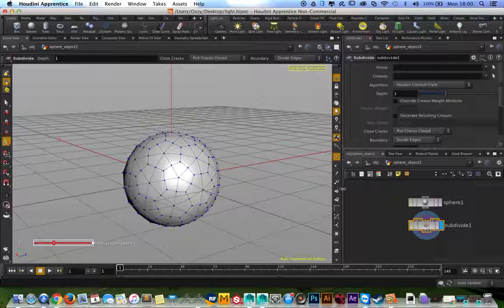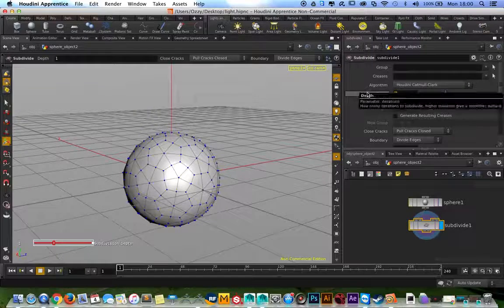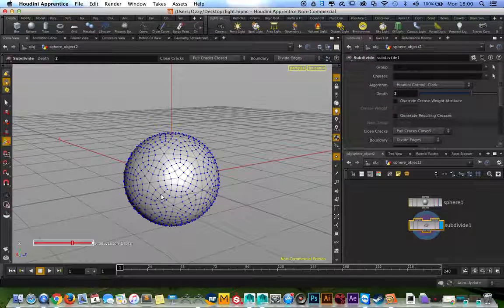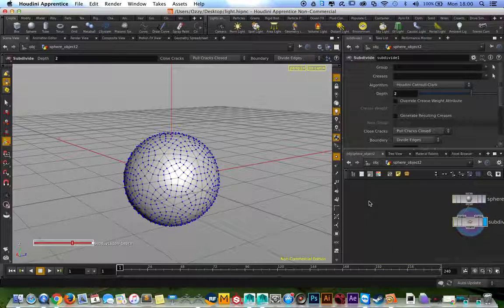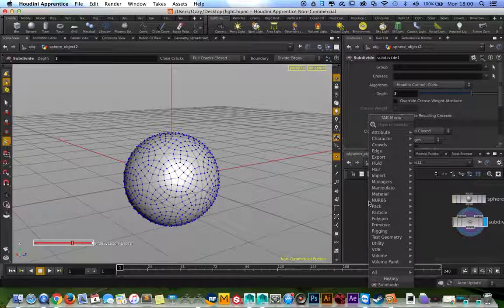So here you see the shape is different, the subdivision works different than the frequency. In this case, this is really picky. So let's just increase it to 2. That increases a lot. So that's just the reference object. We don't want to use it until the end. Now we're gonna create a